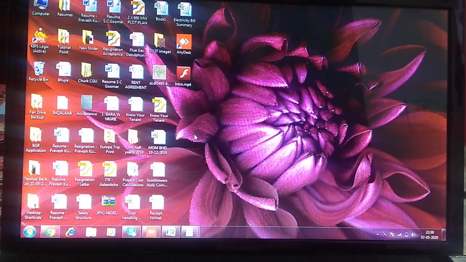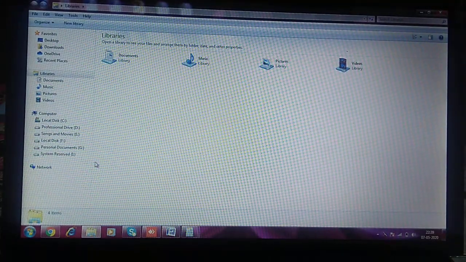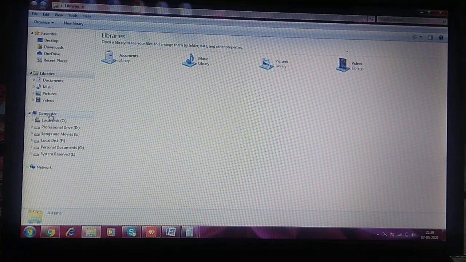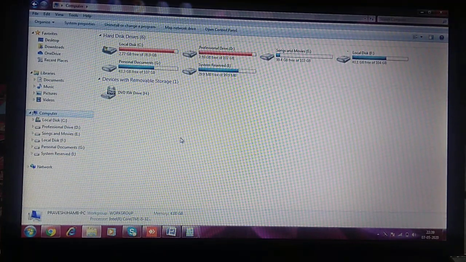We also studied the desktop, the icons and taskbar, and in the taskbar this yellow folder is Windows Explorer, and inside Windows Explorer we see the entire computer drives. This also we have studied.